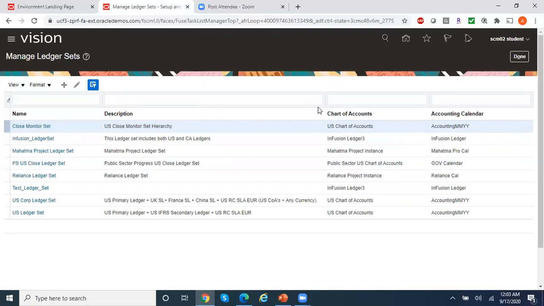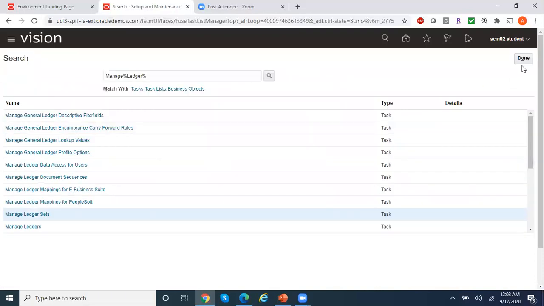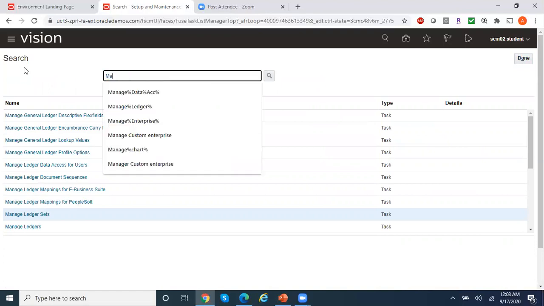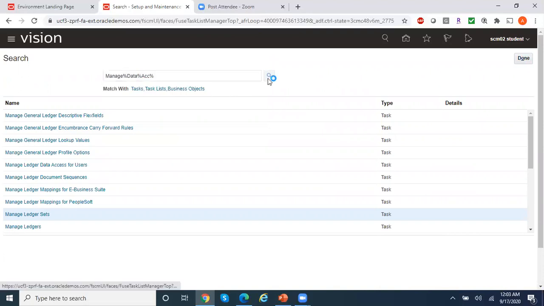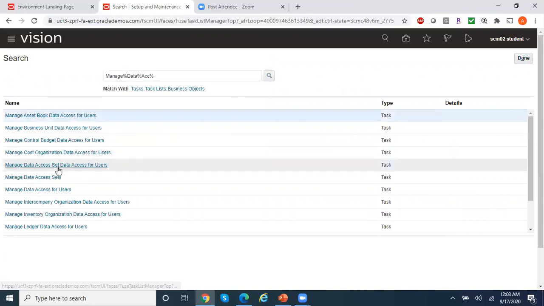Now I need to assign this particular ledger set as the data access set to my user. So for that, again, I need to search for the task, manage data access set for users.